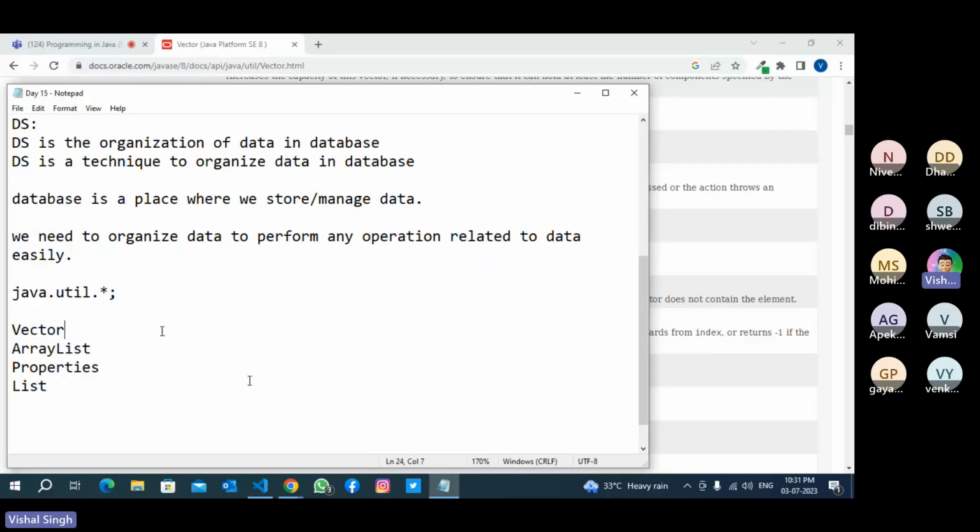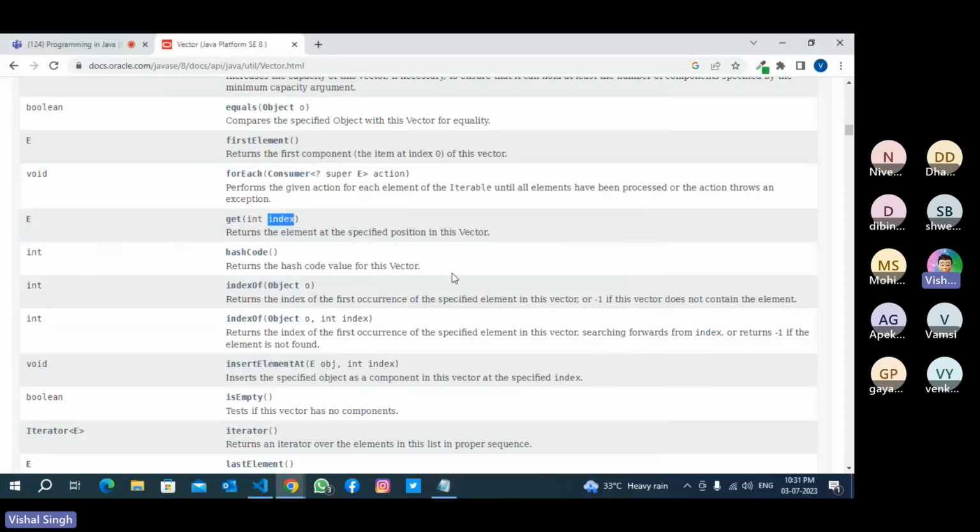Vector is like the parent class of all these classes. If you complete practicing Vector class methods, it means 60 to 70% methods of all these 3 classes will be automatically done. So just start with practicing this Vector class.